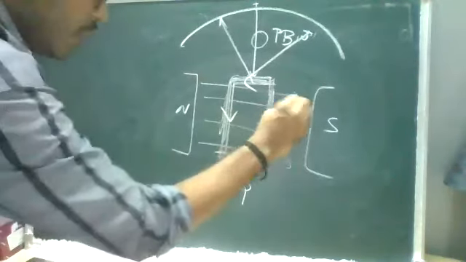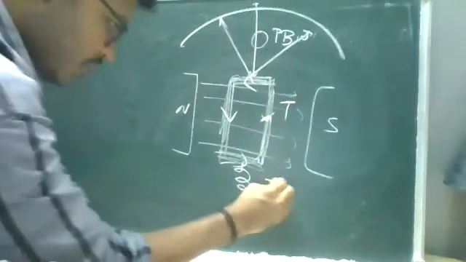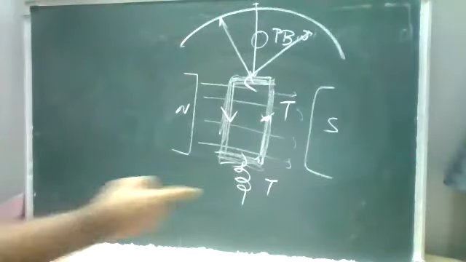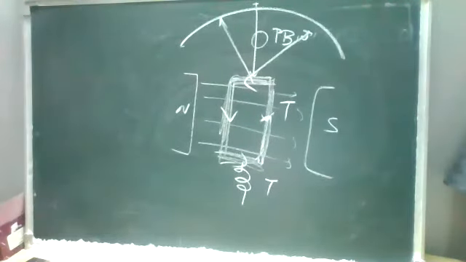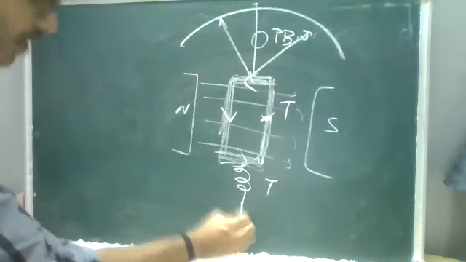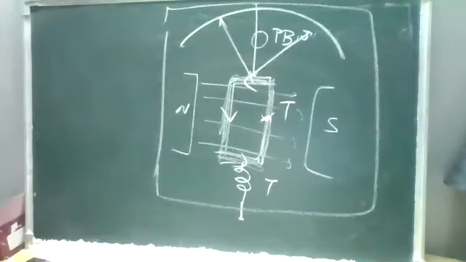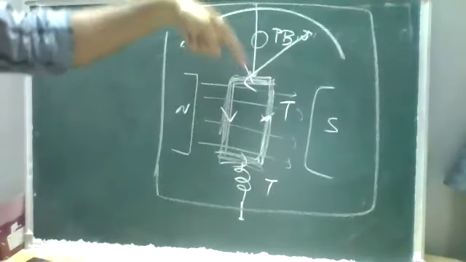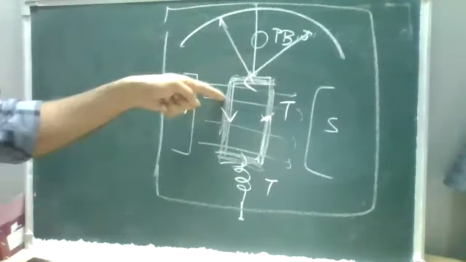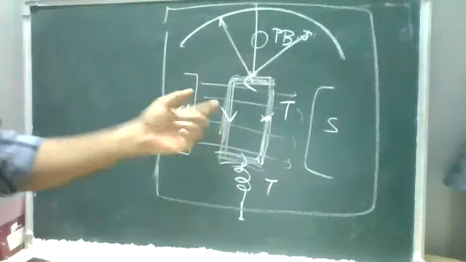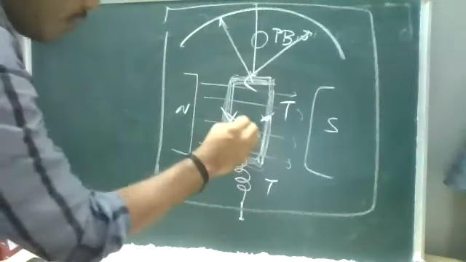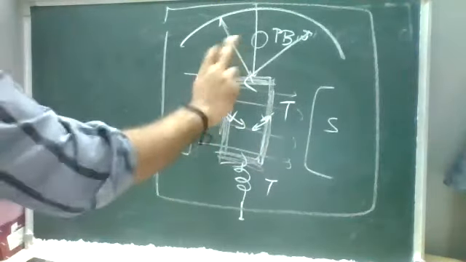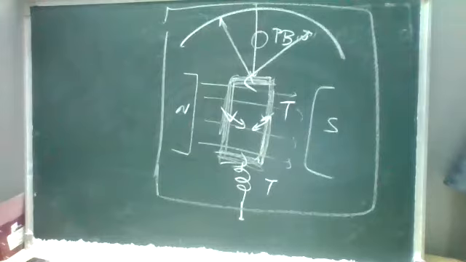So in the coil there will be some torque, and in the spring there will also be some torque. The spring torque we discuss based on the angular twist. In a spring it will be fixed, and everything will be insulated. When current passes through this torque coil, there will be some forces acting in it. Because of these repulsive forces, the coil will try to deflect, and the deflected needle has to return back to its initial condition.